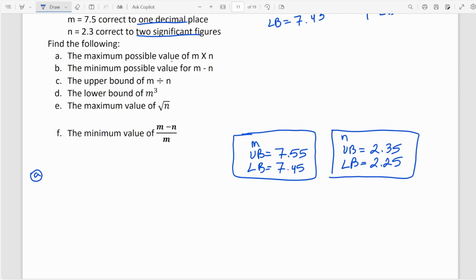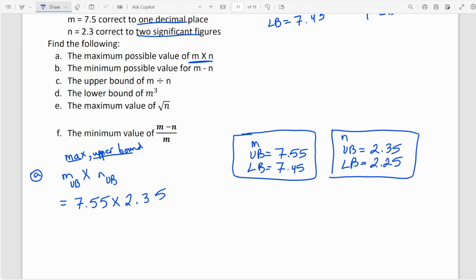The maximum possible value of m times n. Okay, so we are going to multiply m times n, and we want to achieve the max, otherwise known as the upper bound. As you remember from what we explained in the table, when we're multiplying two variables and we want the maximum or the upper bound, we take the upper bound for the first variable and the upper bound for the second variable. So the upper bound for m is 7.55, and the upper bound for n is